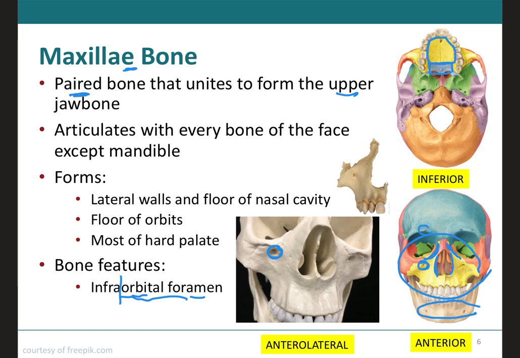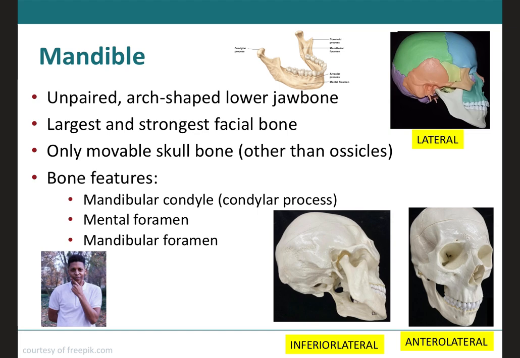And this would be your supraorbital foramen right over there, which is located on the frontal bone. Next, we have the mandible, which is also known as the lower jaw. Mand means to chew, and this is exactly what the mandible will do when it moves. It is the largest and the strongest facial bone that will articulate only with the temporal bone right over here